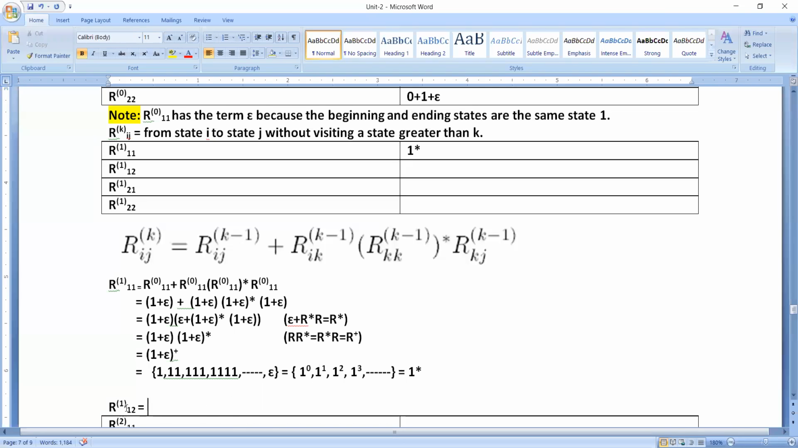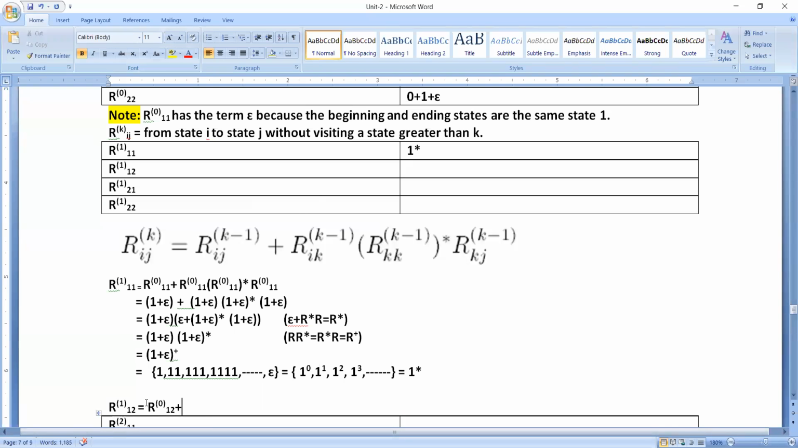Okay, now please observe. What are the values of i and j here? The values of i and j will be 1 and 2. The value of k will be 1 only. Now when I try to do this, the formula will be like this. We are going to get R i j power k minus 1. K minus 1 will be 0. Plus